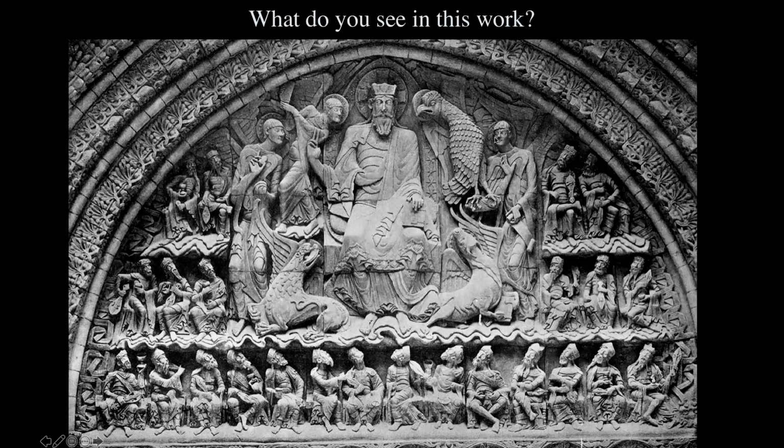The other thing is that the figures are elongated. So think about Theodora and Justinian that we saw in the Byzantine period. Those figures were elongated and made them look like they were going to float away. This is even more so. They're really about to float away. And all of the figures are focused on Christ. So along with the hierarchic scale, all these virtual lines leading from the eyes of the figures lead us towards Christ as well.